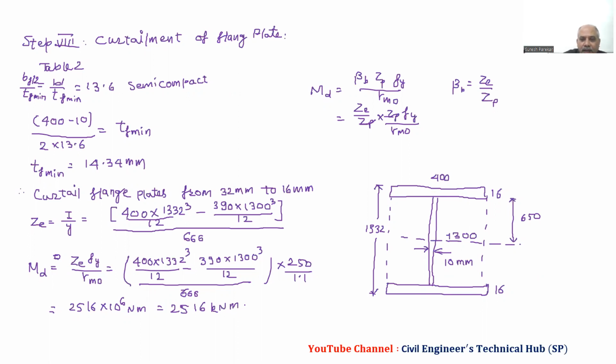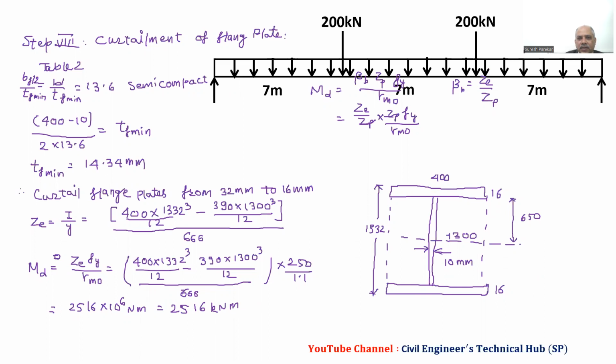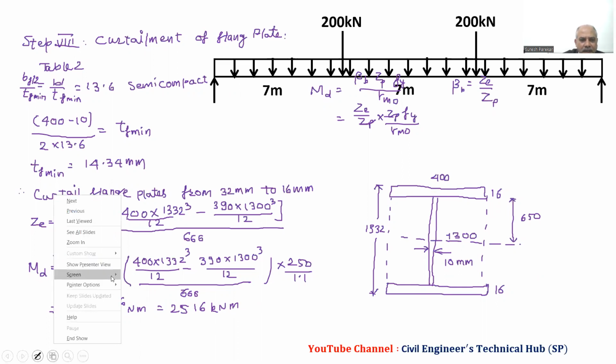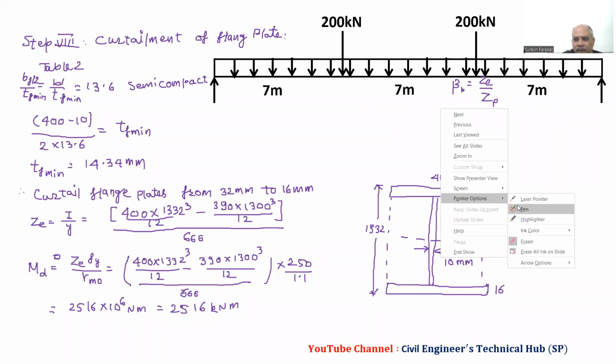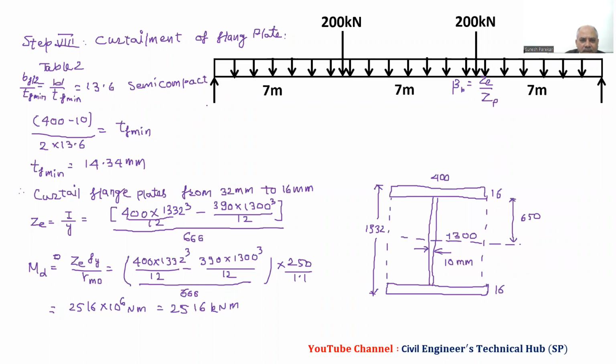Now we are interested where we have this value of bending moment. So now I will just rub this part. Now we will find the point where our bending moment is 2516 kilonewton meter. Now we do not know where it will lie. Let us say it is in the first 7 meters. So we have this value, we know 620. So let us consider somewhere here we have this value as bending moment. And then we will say bending moment equal to MD equal to 2516 equal to